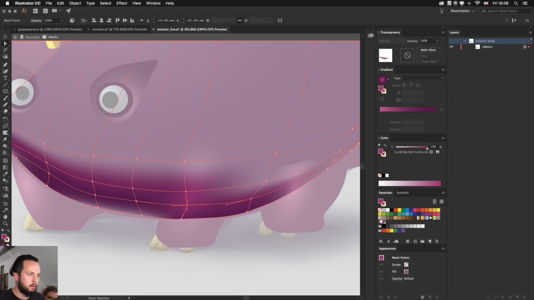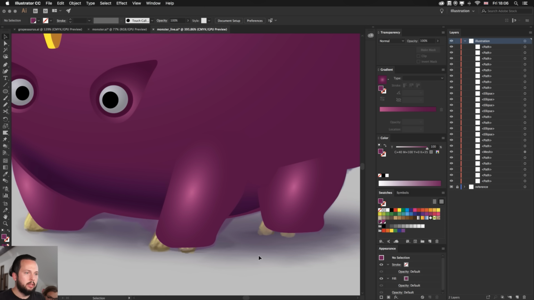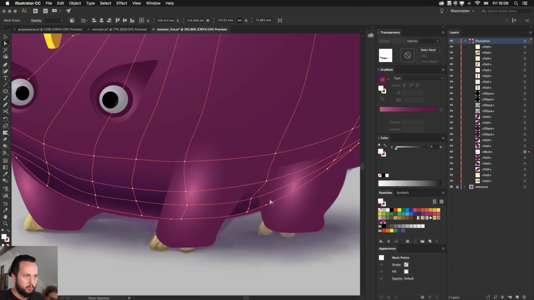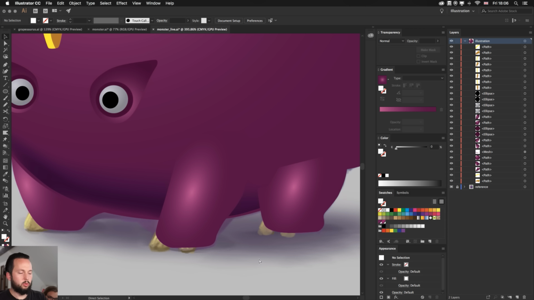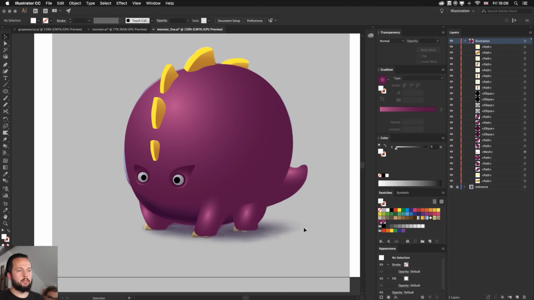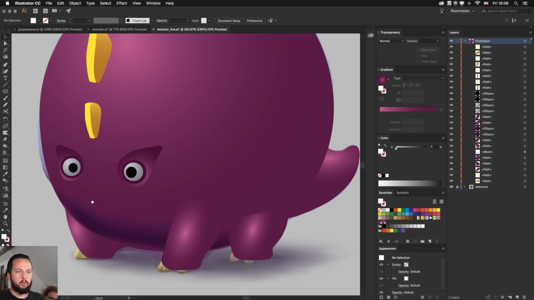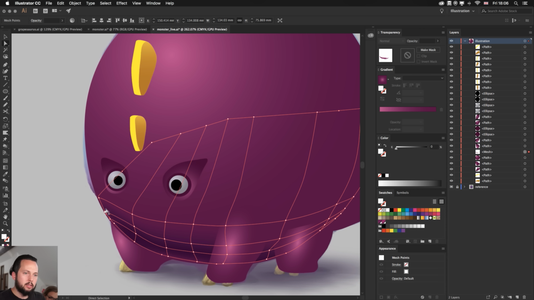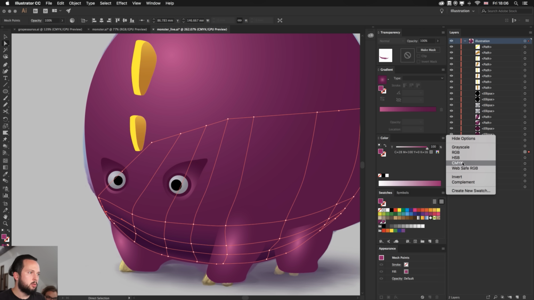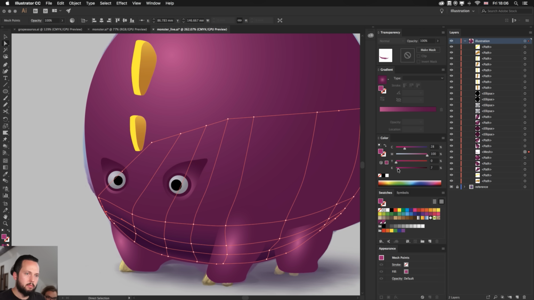Okay, so we are building up our mesh. This is always the most fiddly work that you do. So you can see that it's coming together nicely. But I don't want to spend too much time on it because we don't have time to really refine this. I feel like this part here has got too dark because this is already out and it should be a bit brighter. So I'm going to select that point, select the color that we have on it, and I'm just going to make it a bit brighter.